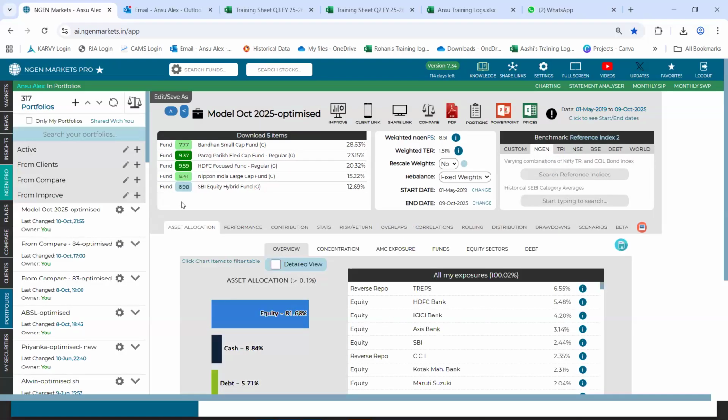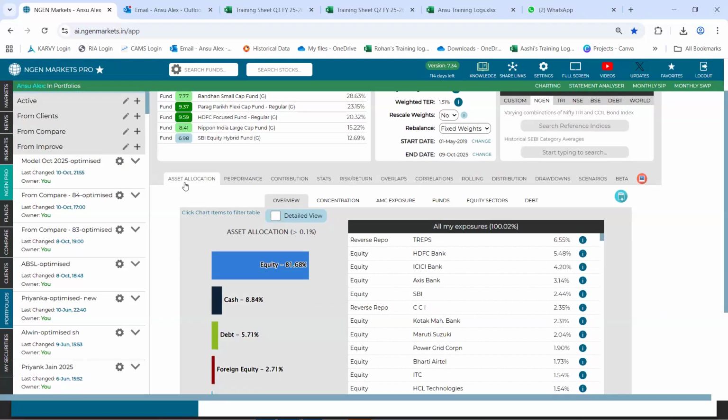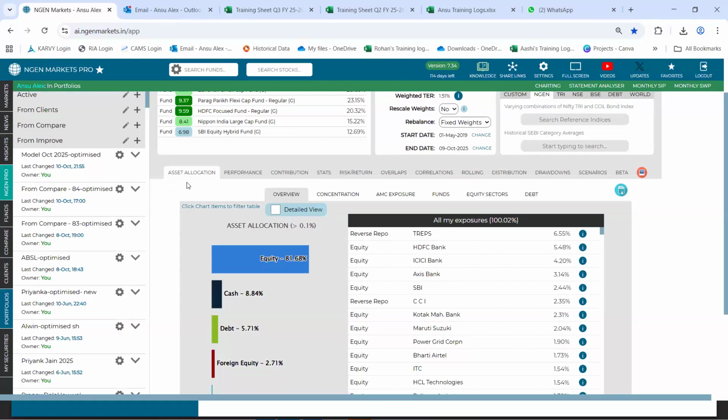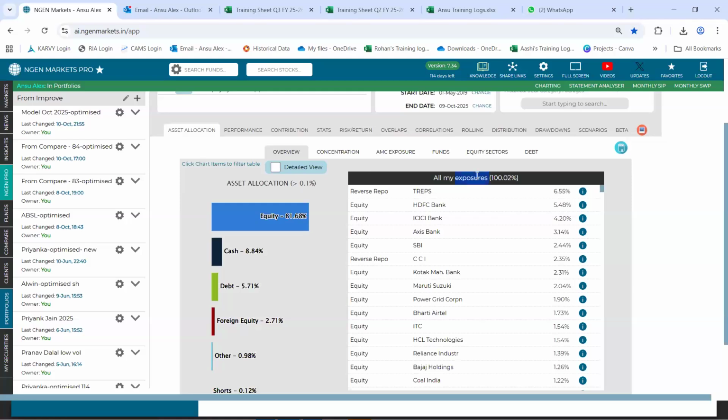Now, talking about the analysis of these improvised portfolios, we could first look at the asset allocation tab. Firstly, it will tell you the total exposure towards the entire portfolio. Next to the name of a respective stock, for example HDFC Bank, it says 5.48 is the exposure.